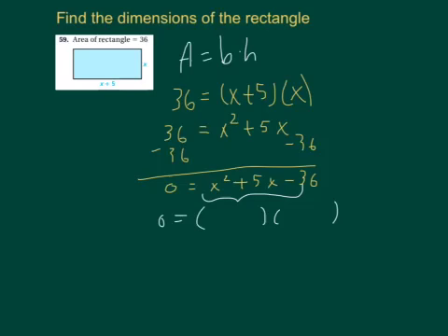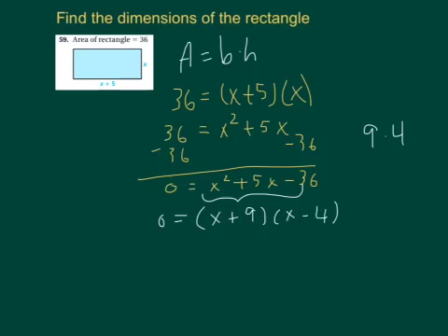I got a negative right here, which means that I have opposite signs. X times x is going to give me x squared. Two factors that equal 36, and have a difference because these are different signs. Right? So this positive 5x is the difference of two numbers, and those two numbers would be, yes, 9 and 4. Since the 5x is positive, the larger number must be the positive number, and the smaller number is the